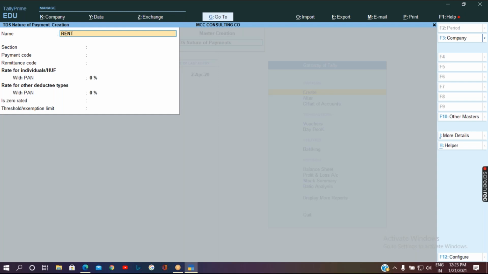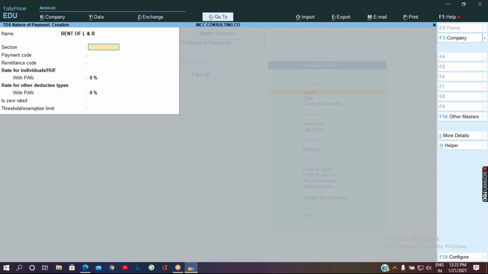rent. So here for rent we have two types: rent of land and building, and rent on plant and machinery. So let me create the nature of payment only for land and building.